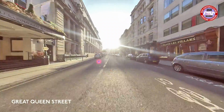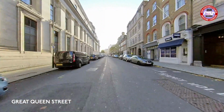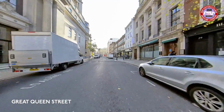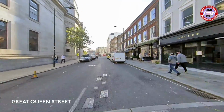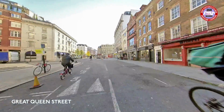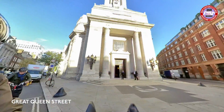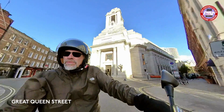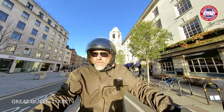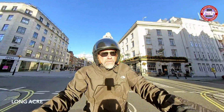Bit of a blinding light here, even with my shades on. Oh, Freemasons Hall here on the left. It's an incredible building, but I don't know anything about the Freemasons, so there's a couple of heavies standing outside, not exactly welcoming me in. Now, just nip over Drury Lane, all the theatres,